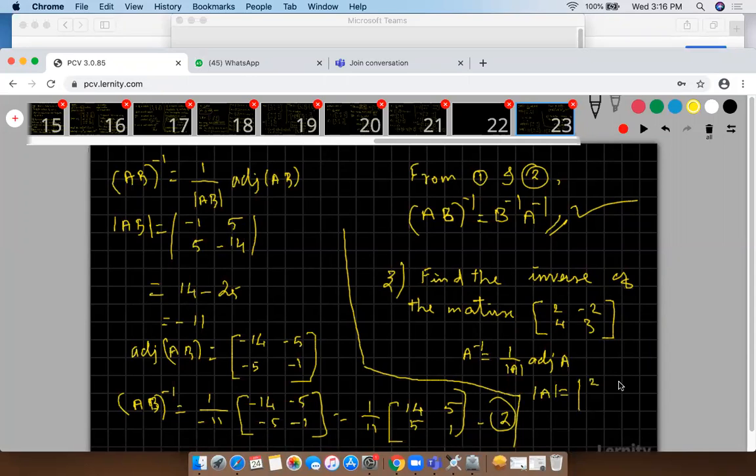Determinant of A is equal to 2, minus 2, 4, 3. So determinant is 2 into 3, 6, plus 4 twos are 8, minus 8 I will get, so minus of minus is plus 8. So this is 6 plus 8, therefore the answer is 14. This is not equal to 0. If it is equal to 0, that is a singular matrix, and for a singular matrix the inverse does not exist. You have to verify that also. If it is a singular matrix, that means determinant equal to 0, then write in one line that the inverse does not exist for the given matrix.